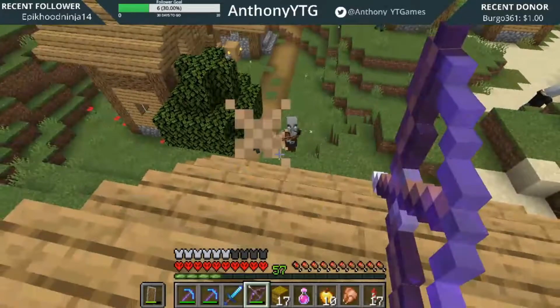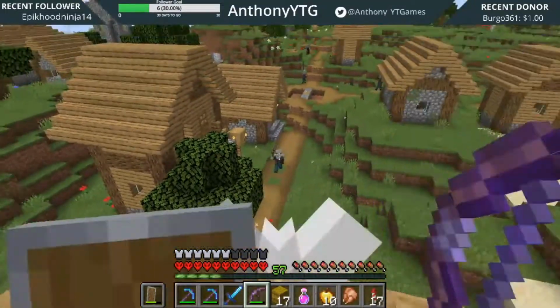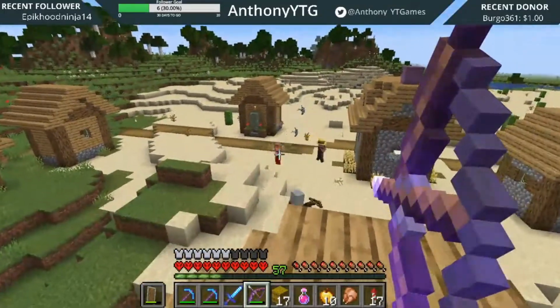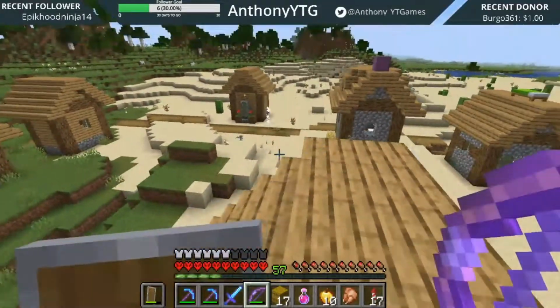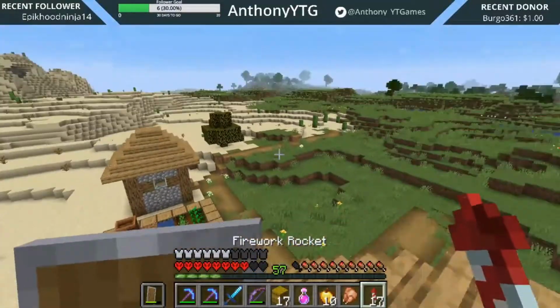But this is technically where I got my first Totem of Undying, but I didn't pick it up. I think I seen it drop. I just didn't grab it. There he is. So this guy dies. Yep, it's right there. See? Right in front of us. But I got hit by an arrow